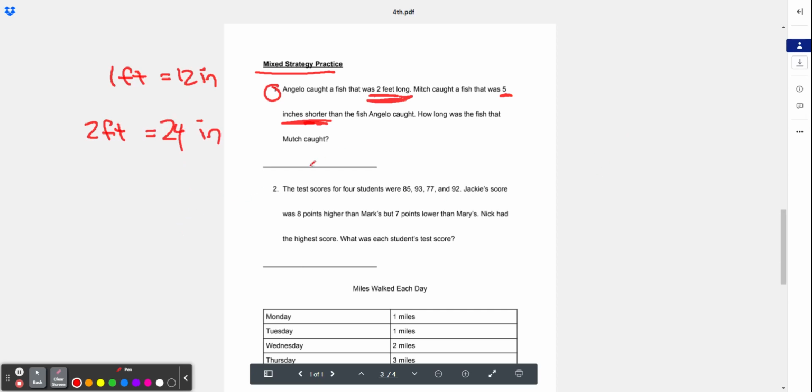And now we can subtract in order to find the length of the fish that Mitch caught. So 24 minus 5 is 19. And that's the length of the fish,